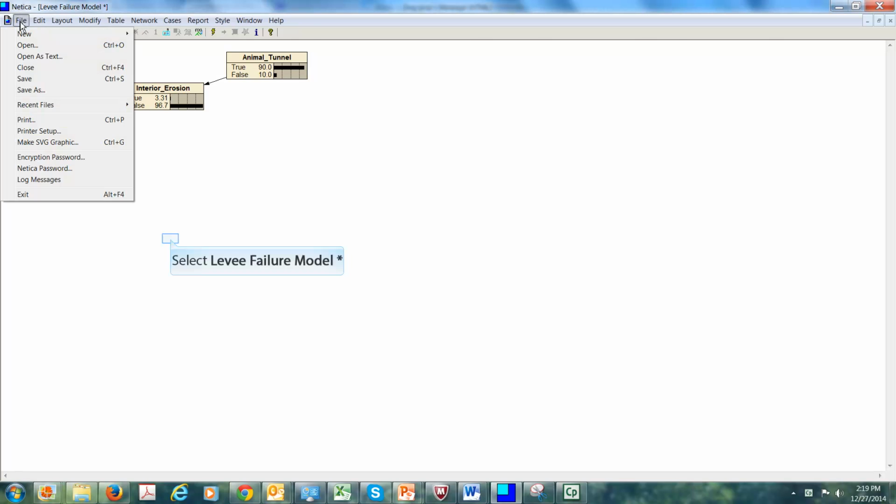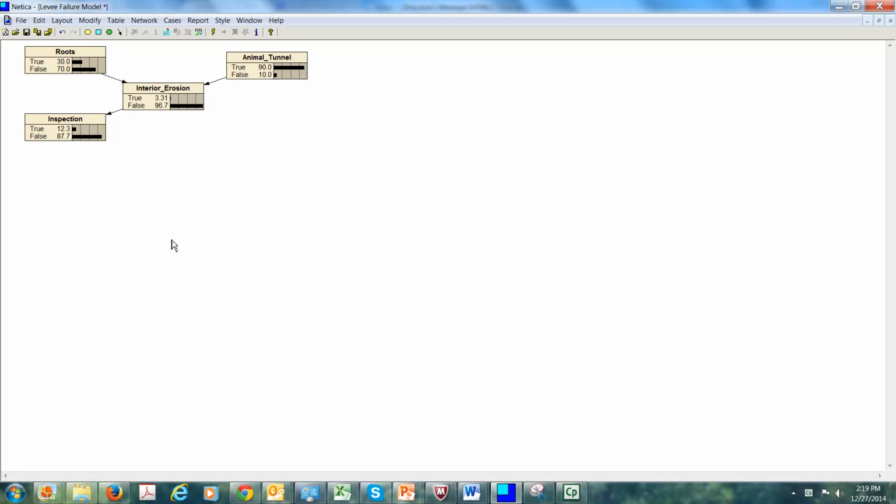You open the software, click on File, and you would develop a new file. When you develop a new file, you begin by laying out the table. I've already put 4 of our 5 variables in here. So to put the 5th, I simply click on the node here, move on down to my model, place the node, and because I know that